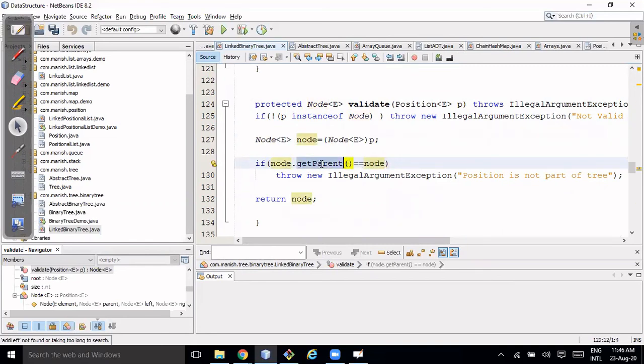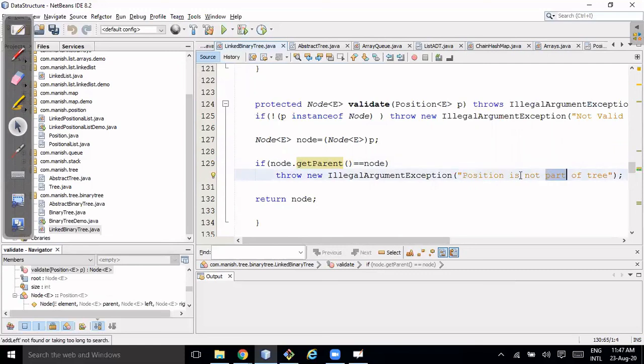What is my one assumption? Whenever I remove an element from the tree, as an etiquette, I make the parent of that node point to itself, so that I can dereference it and it can be garbage collected. So if that check holds, the position is not part of the tree.